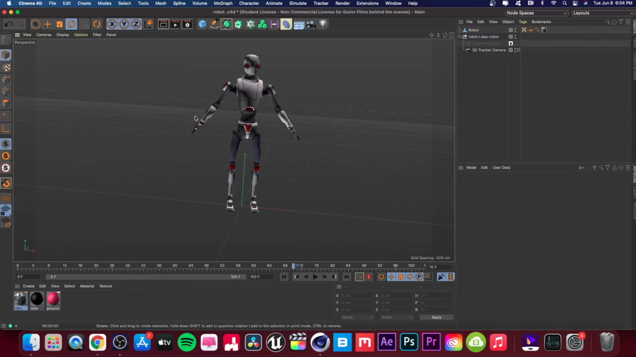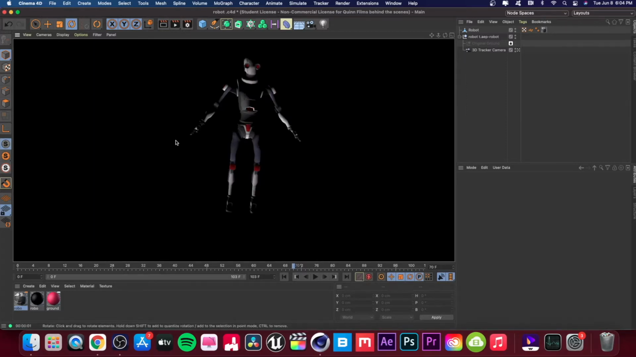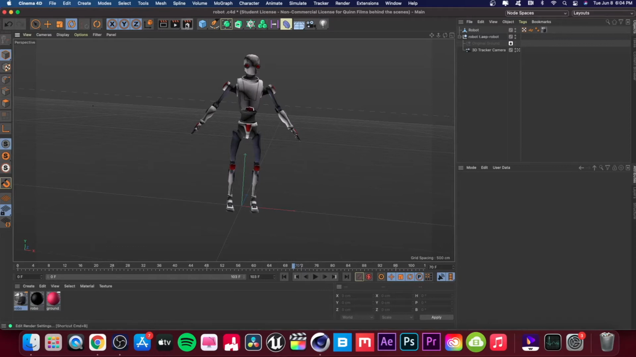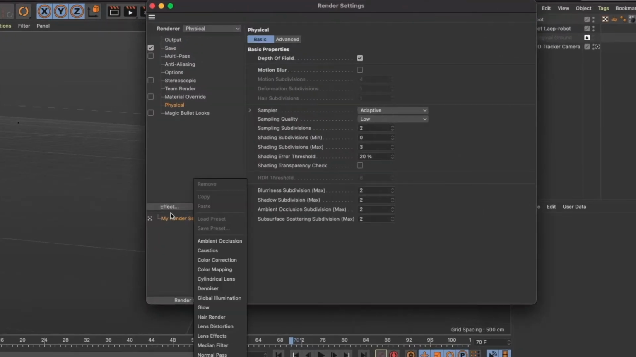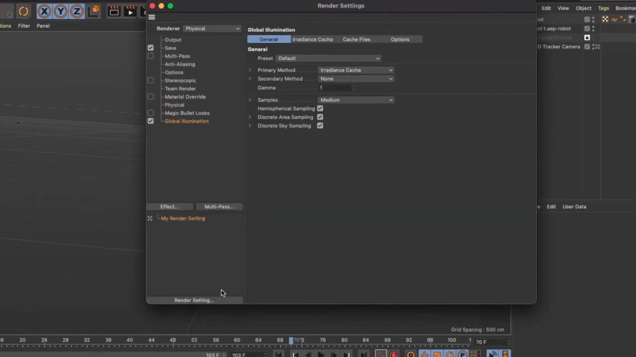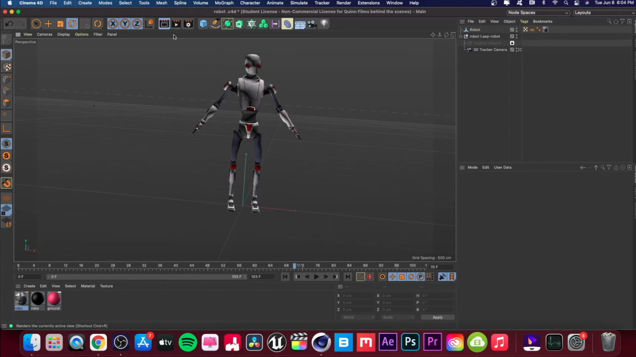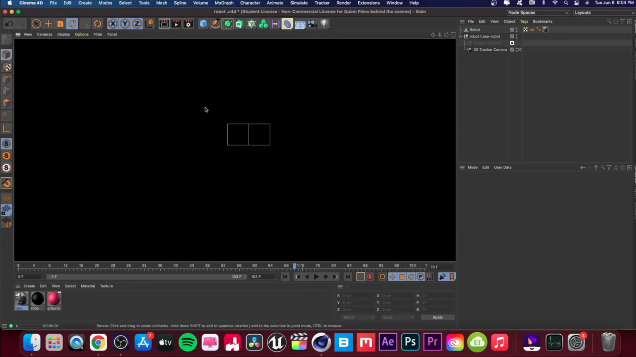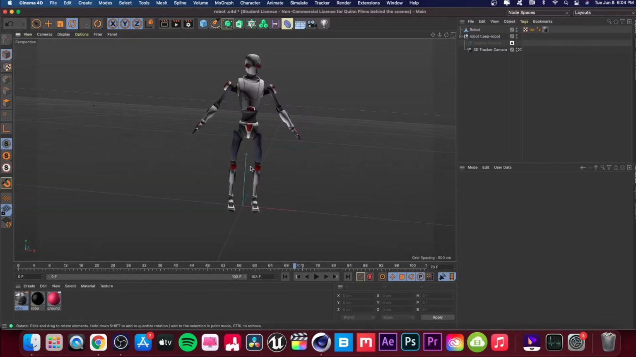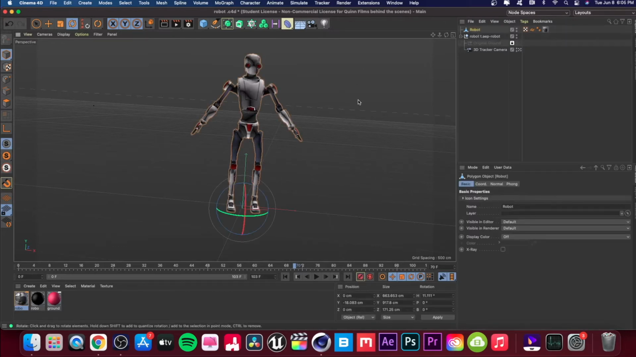So as you can see now, we have our physical renderer on, which is just a more accurate renderer. The next thing we're going to want to do is turn on global illumination, okay? So if we just go down to global illumination, we're going to turn that on, and we're also going to turn on ambient occlusion, okay? So now if we render, you can't see anything because it's a physical render. We don't have any lights in here, so we can't see anything, but we're going to add an HDRI later, so that'll be cool. But now that we got our robot textured, we're going to want to go and bring